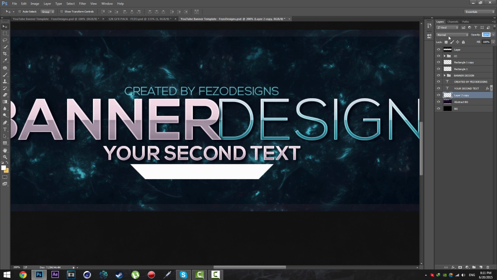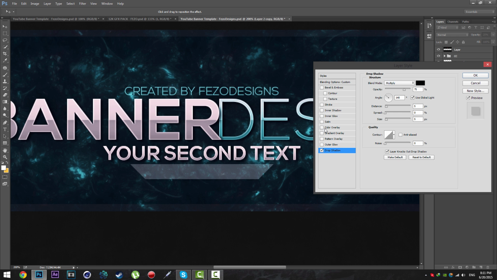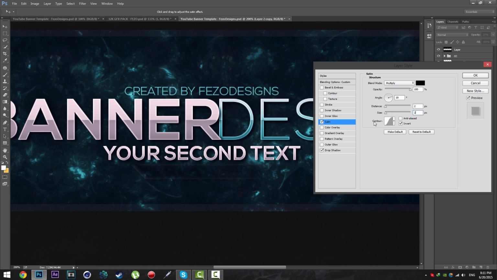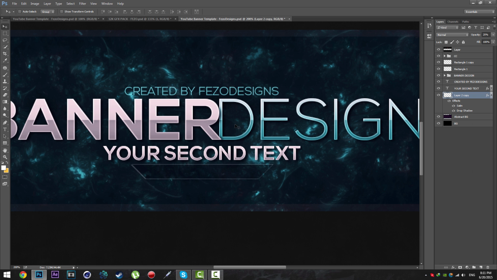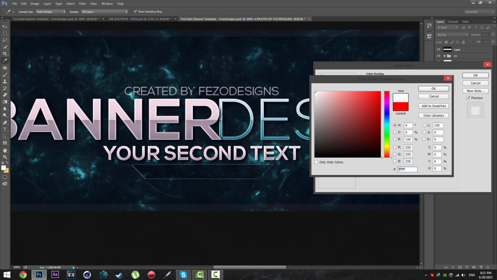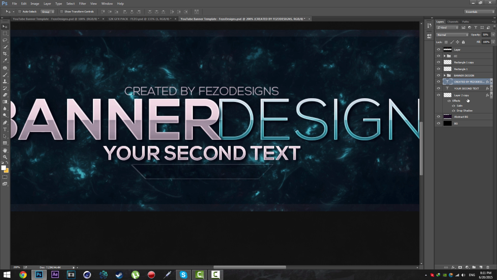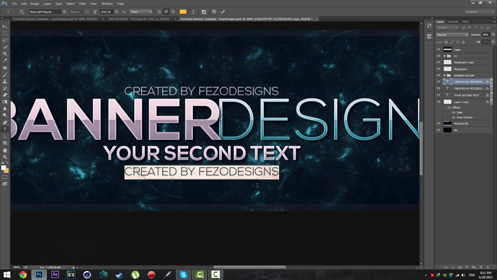Then I'm going to change the opacity down to 25% and open the layer styles, go to drop shadow, don't touch anything, and go over the satin and change the opacity to about 100%, change the distance to size 2 pixel, and you can copy this created by Fezo Designs layer. Make sure it's white, just go over the color overlay and make it white and duplicate it. Oops, press Ctrl J, duplicate it and move it here,